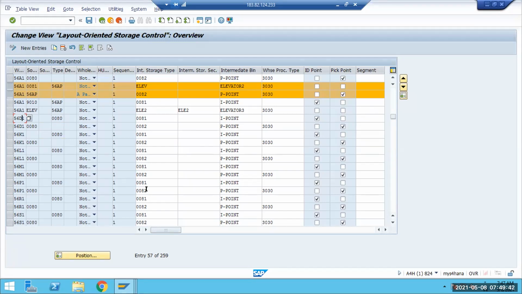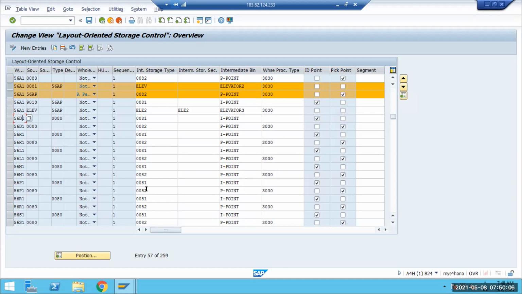So basically what we do is storage type grouping. Suppose I am going in lift 1, it will go for the entire left-hand side, so we consider creating the storage type group with all the storage types on the left-hand side of that particular warehouse.